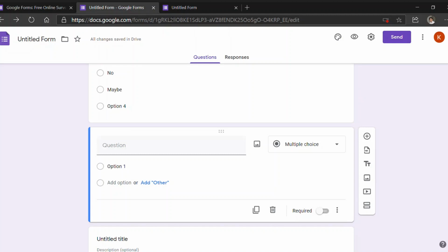To add a video or a section, click on add video or add a section button respectively. You can add as many questions and sections as you want. I'm adding some questions as you can see in the time lapse.